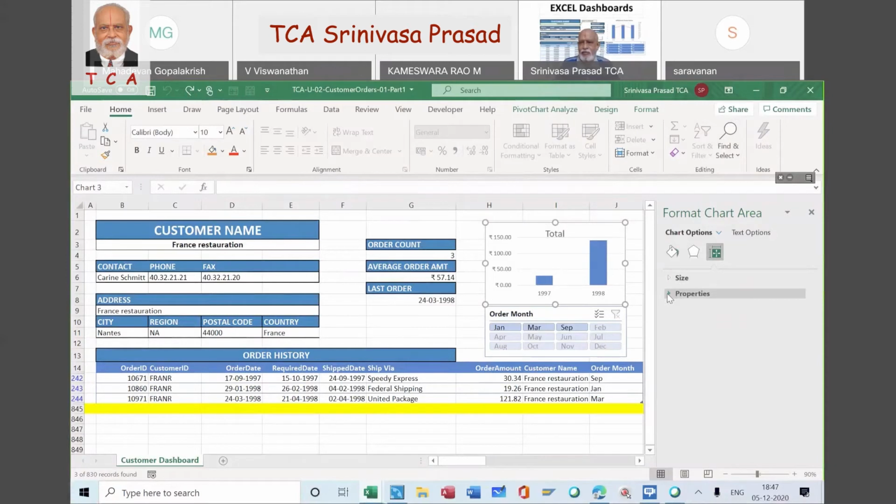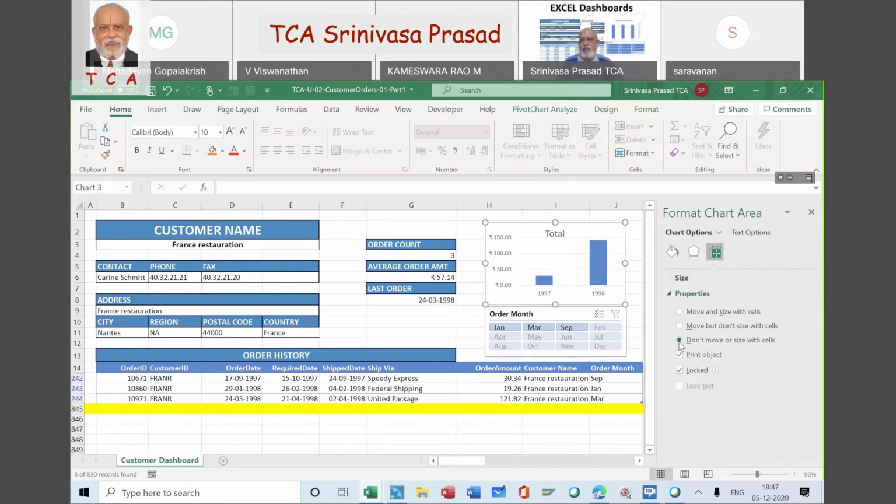Now in the properties, what all is available? We have move and size with cells. Move, but don't size with cells. Don't move or size with cells. So where will I have to go? Don't move or size with the cells.